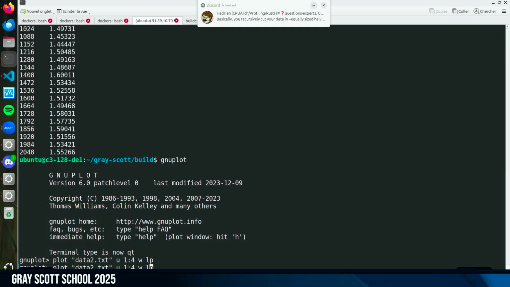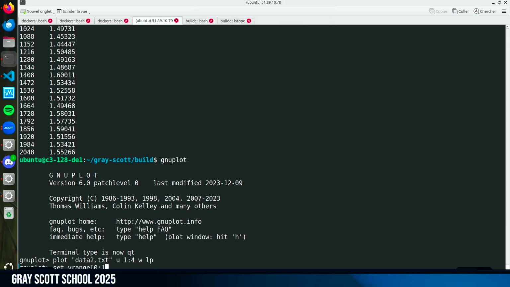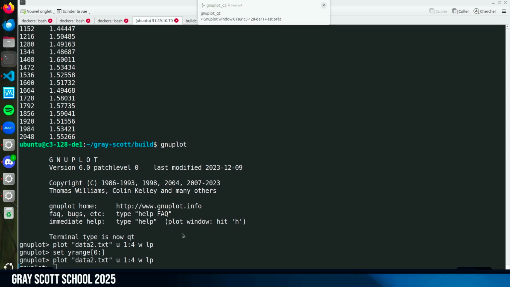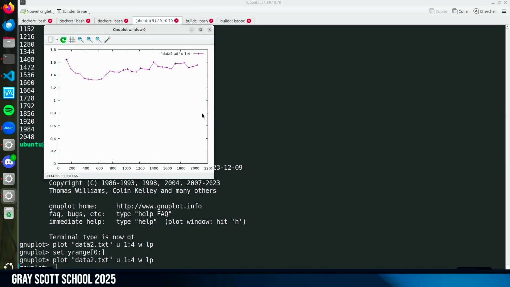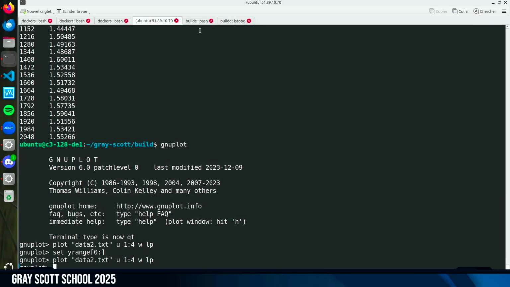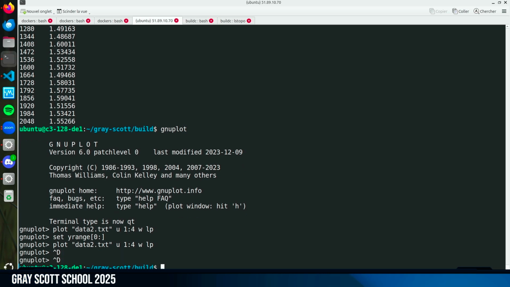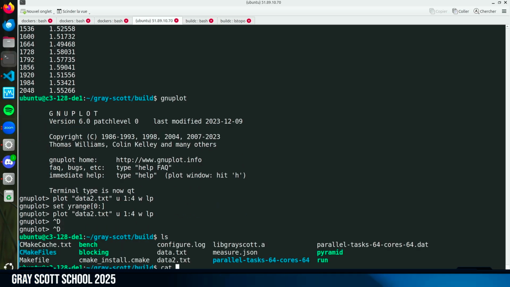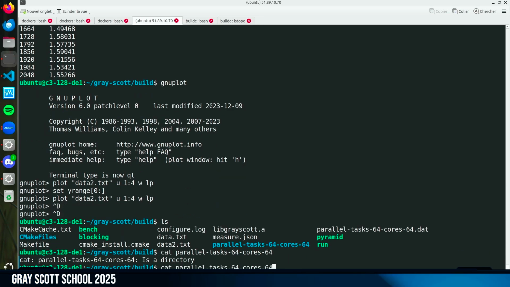I'm not starting at 0, so if I start at 0, to not trick you. Does it finish on the... Ah, yeah, it finished at parallel task 64.